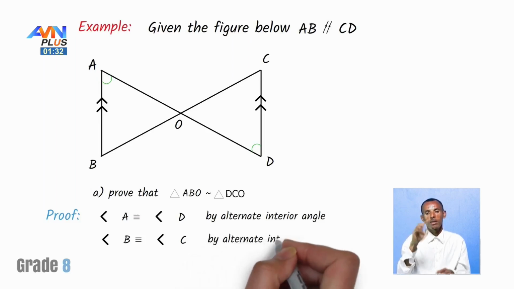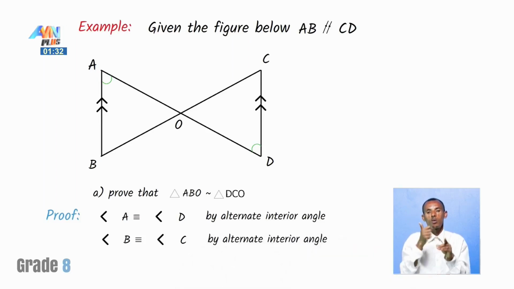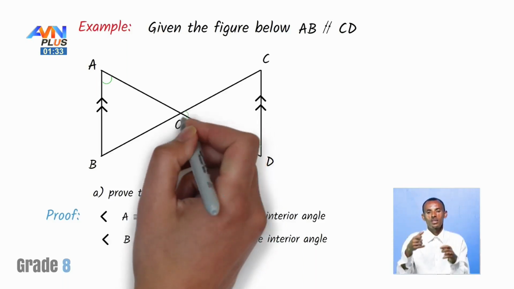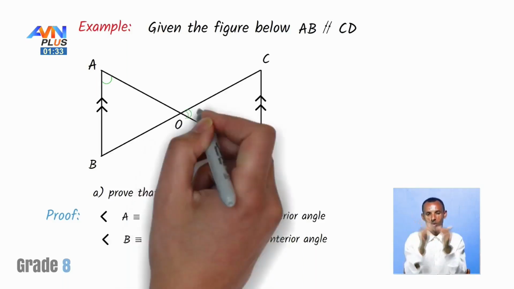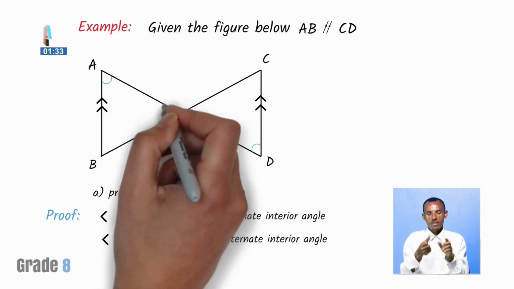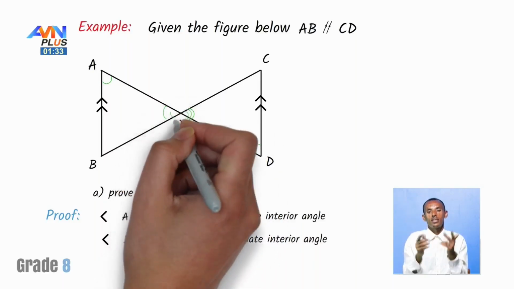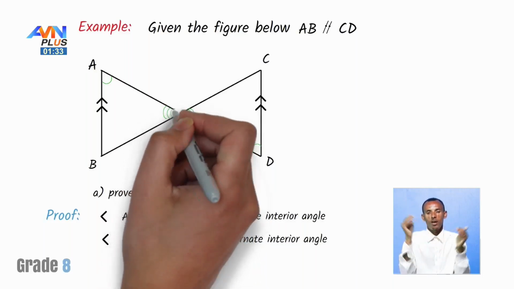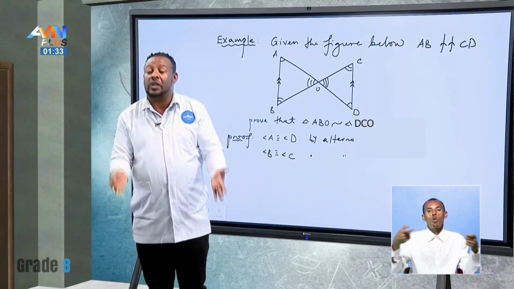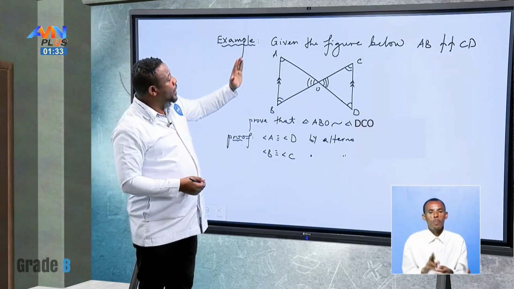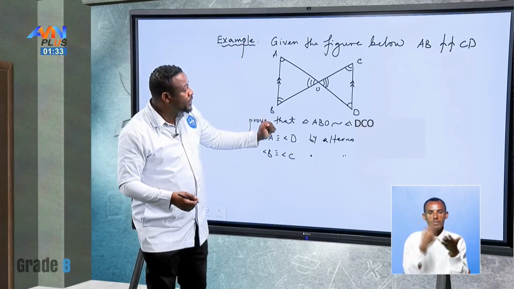We don't need the third case, but if you take these two angles are also congruent. By default, as I have told you earlier, if two of the angles are congruent, then the third angle will also be congruent. So these two angles are congruent, vertically opposite angles are congruent. That is always true. So we have these two facts, therefore